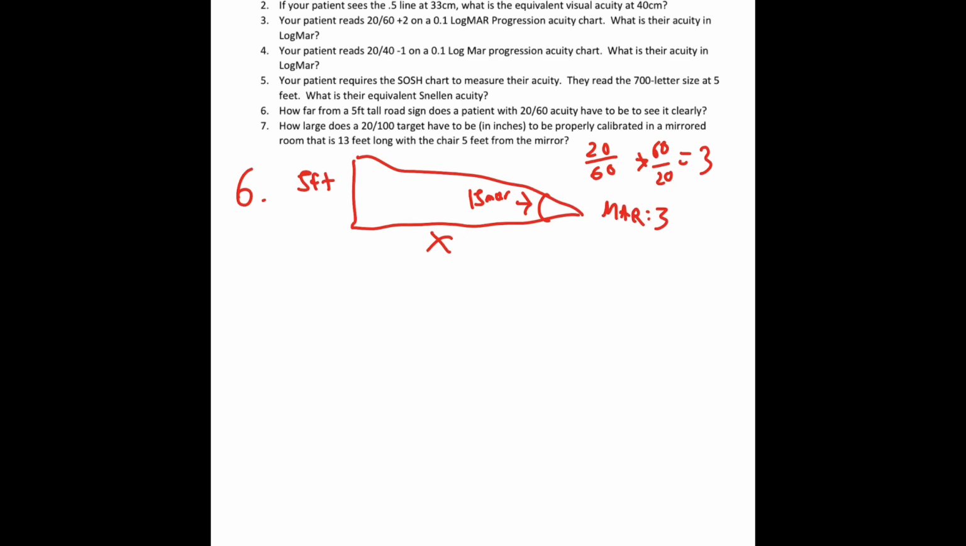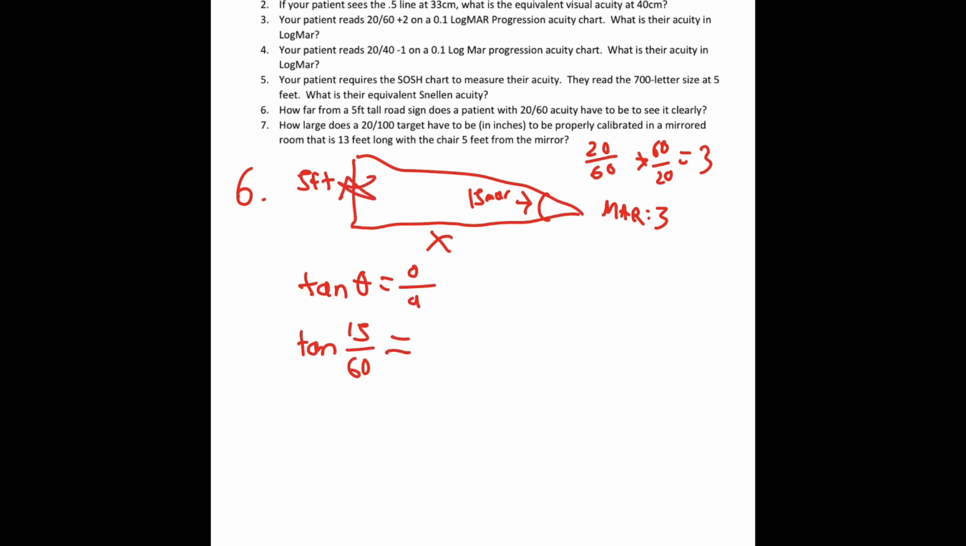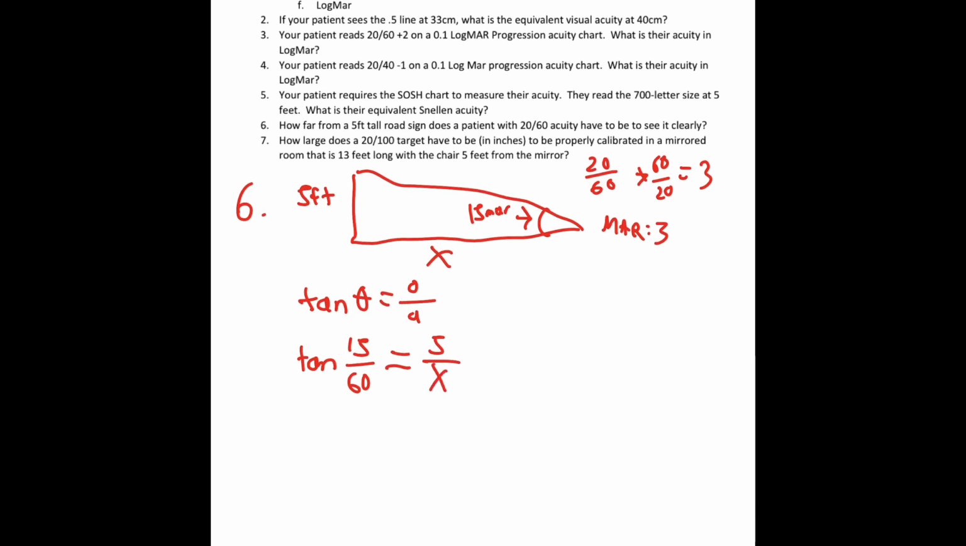So we're always going to use tan theta equals opposite over adjacent. And so our theta is 15 minutes of arc, which is the same thing as 15/60ths of a degree, equals opposite over adjacent. So our opposite is 5, and our adjacent is, we don't know. So if we do 15 divided by 60,